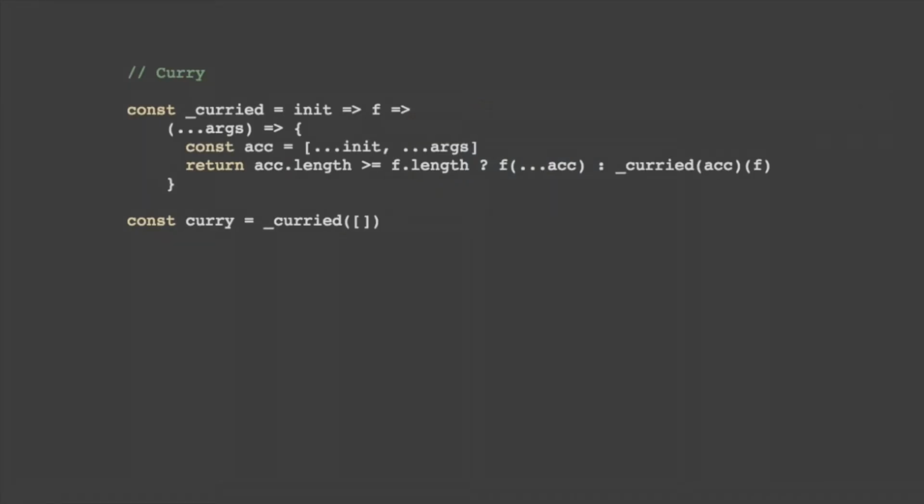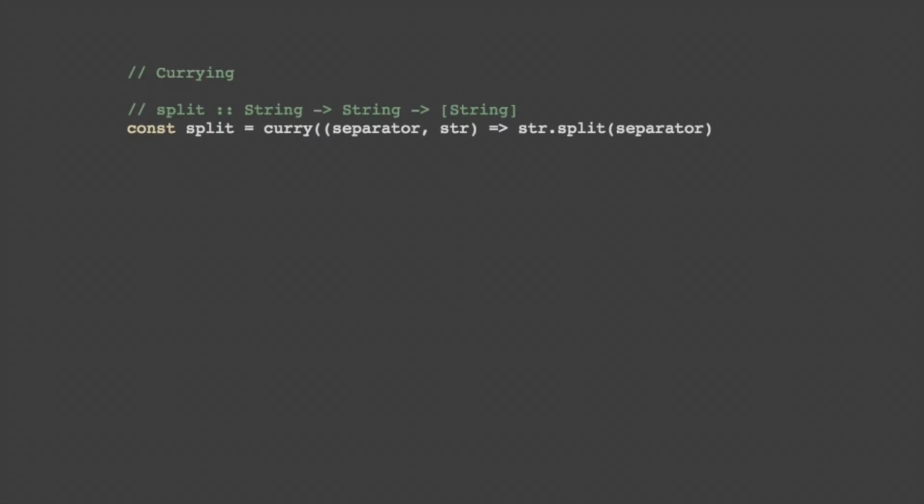Now, another tool in our toolbox is called currying. And this is a fun function. If you want to read it, you're perfectly welcome to, but it's not the simplest way of understanding what currying is. It's a little bit of trickery magic that JavaScript lets you do, but what we want to get at is what currying means and how we apply it. So we're going to take a function and we're going to call it split.